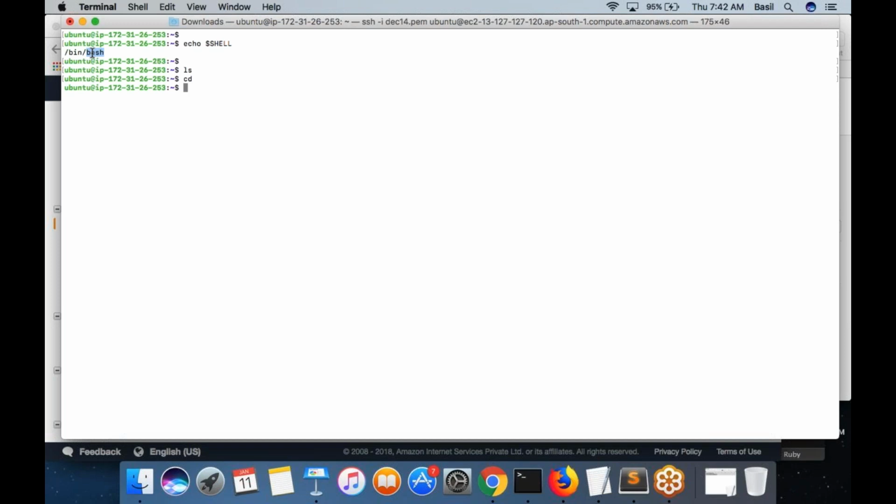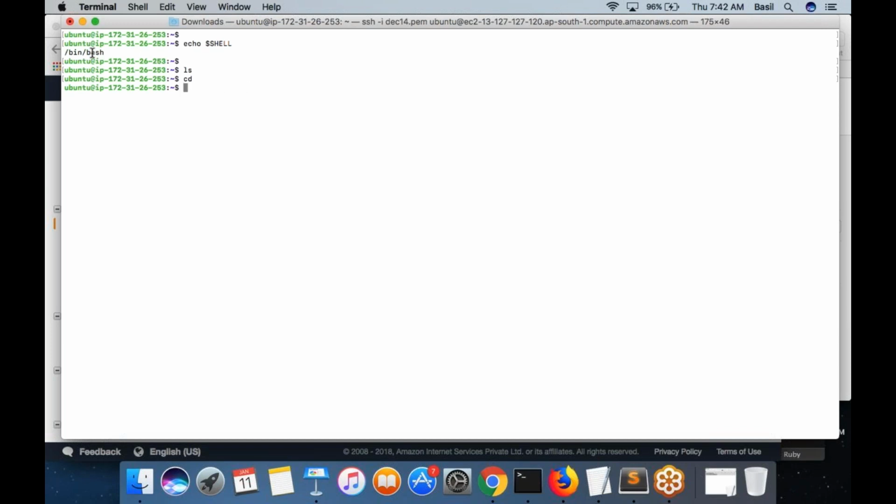But you don't really need to stick to bash. You can switch yourself to your favorite shell. But bash is the most popular and most friendly shell, and that's what we are going to focus on in our training. There are other shells like dash, csh, like that. There are different types of shells in Linux.